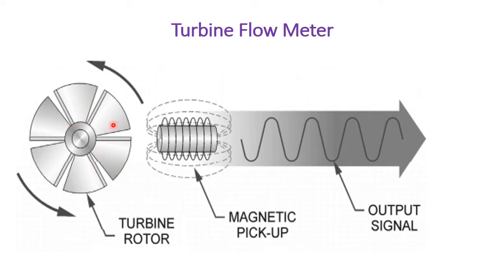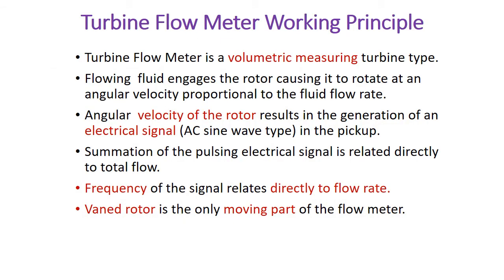As this turbine rotor rotates, the velocity of the rotor will generate an electrical signal in the magnetic pickup. The frequency of this electrical signal is related to the flow of fluid. The angular velocity of the rotor results in the generation of an electrical signal, that is an AC sine wave. The summation of the pulsating signal is directly related to the total flow, and the frequency of the signal relates to the